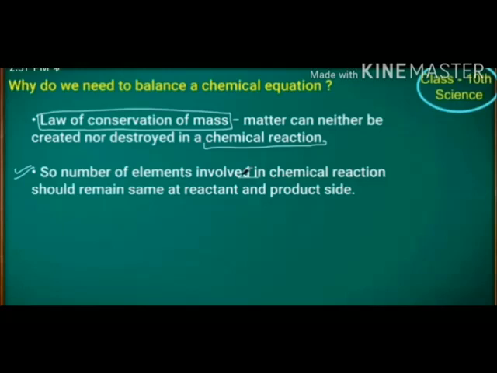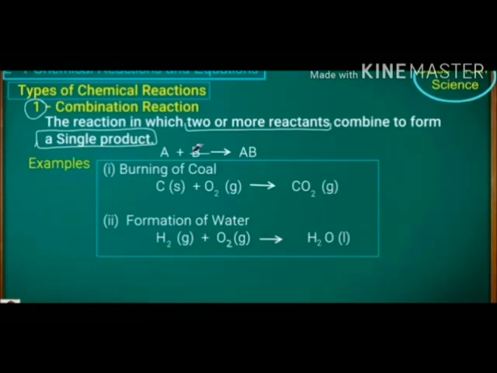Why do we need to balance the chemical equation? Because we studied in earlier classes the law of conservation of mass: mass can neither be created nor destroyed. In a chemical reaction, the number of atoms of each element should remain the same on the reactant and product sides. There were 3 Fe iron on the reactant side, so there should be 3 on the product side. Hydrogen was 8 on the reactant side, so in the product also 8. Oxygen number was 4 for the reactant, and the product side should also be the same. Therefore we need to balance the chemical equation, because the law of conservation says both sides will have an equal number of atoms.